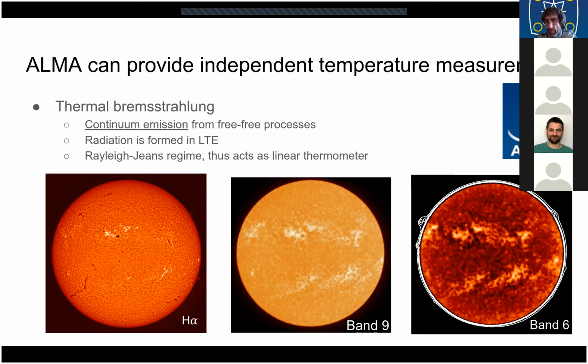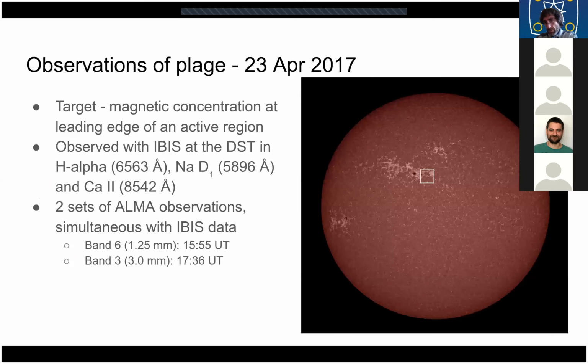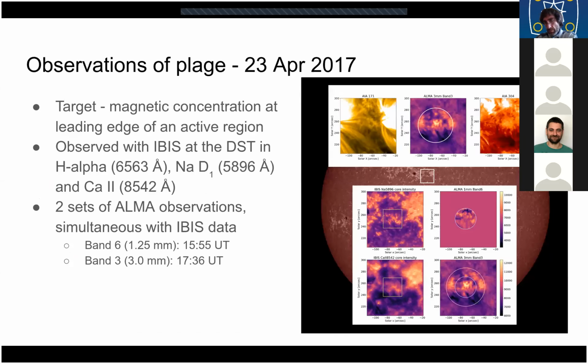Yeah, so ALMA itself doesn't really tell you anything about the density or the height of formation where the radiation is coming from. So for our study, we had to sort of just